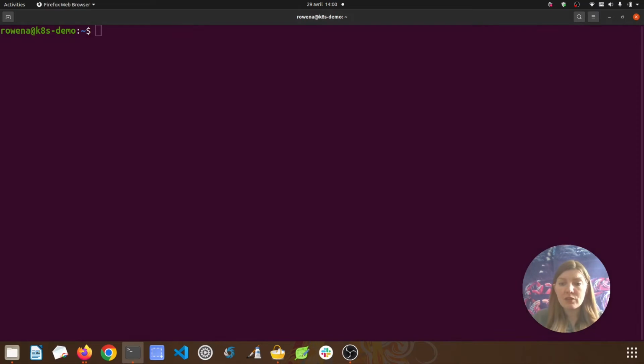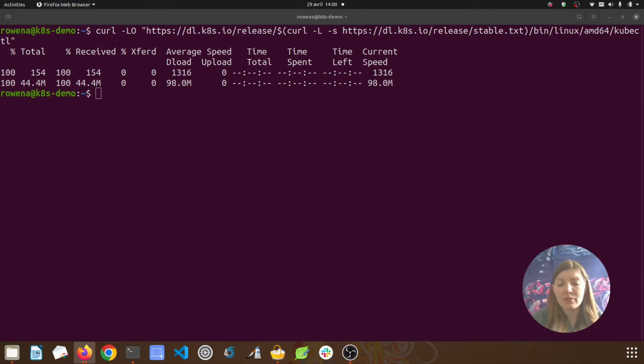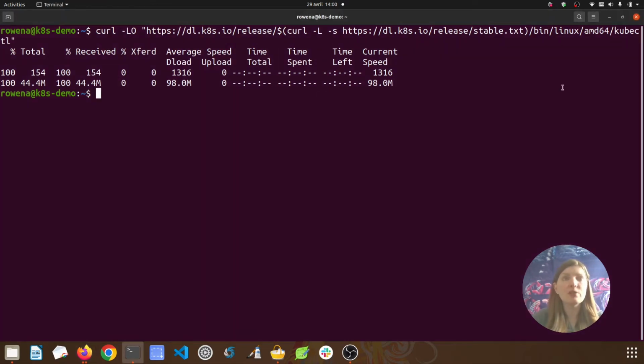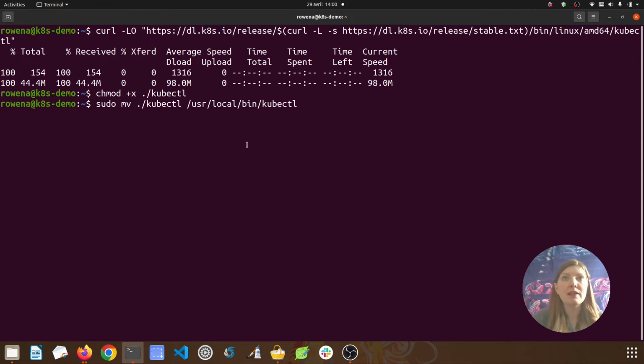Okay, so the first command, as I said, is a curl to get the binary. So we'll just paste that, run it, and we have the binary. Next, we need to do a chmod on the binary to give it the permission to execute. So we'll do that. And finally, we need to move it into our path with the mv command. So I already have that copied. Paste it. Enter my sudo password, and we're done. So KubeControl is installed.